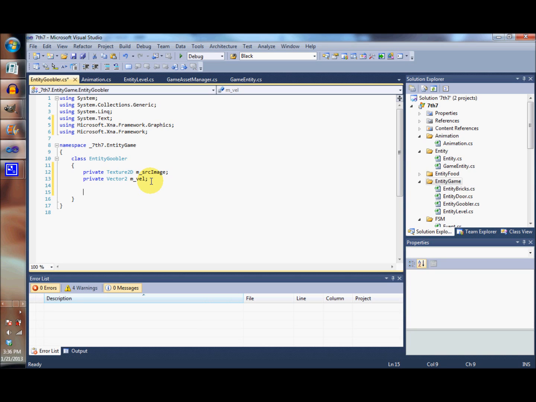One of the things that we're going to need is the animation that we created, since we saw that Goobler is going to have an animation of opening and closing its mouth. Since our Goobler is going to be colliding, we could go ahead and implement the whole collision system, but instead what we're going to do is just have him check for collisions at the moment with the floor, which is what we're concerned about. So we're going to give it a reference to the ground,